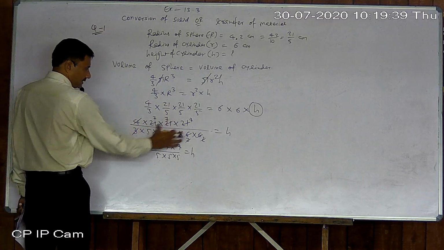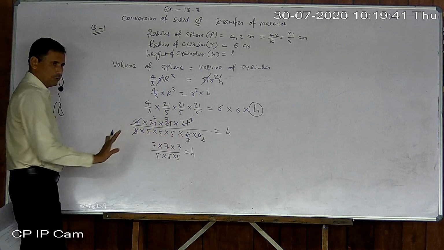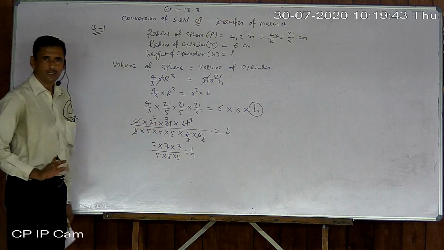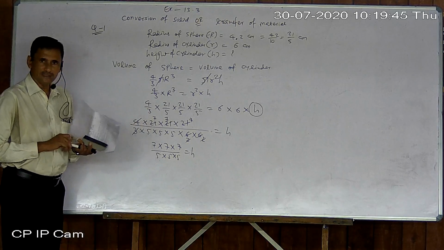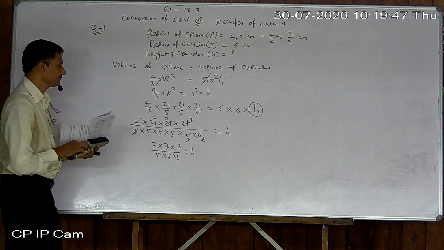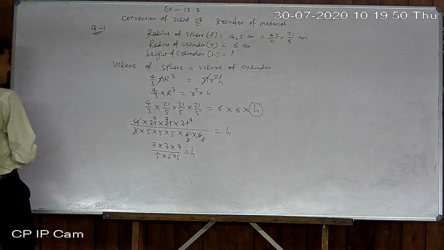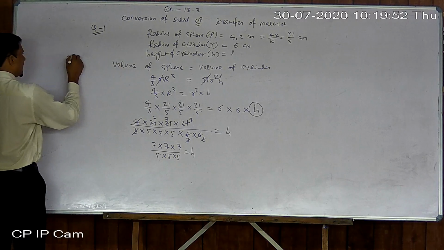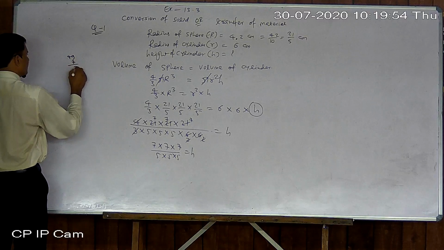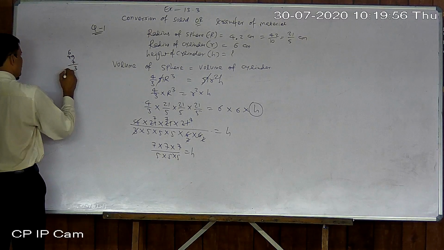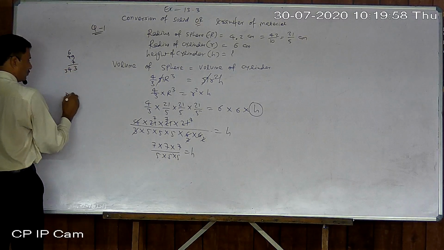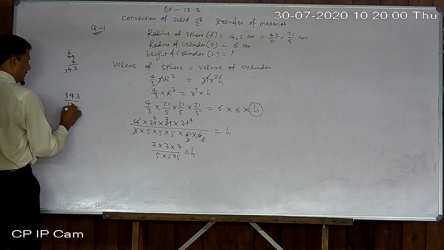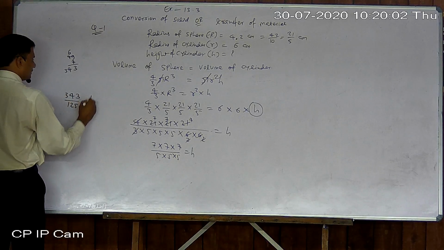Okay, just try to solve yourself only. Don't look here. You yourself can find the answer, then only you understand. Now it is 777. So 49 into 7. 9 7s are 63. 6 7 4s are 28, plus 6 is 34, 3. So 343 divided by 125 is equal to S.